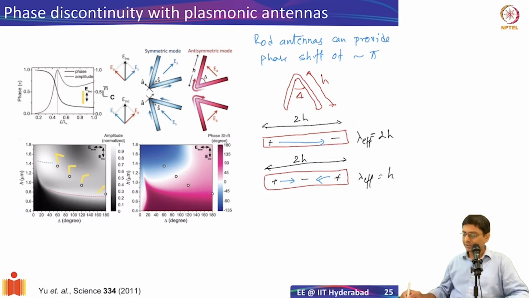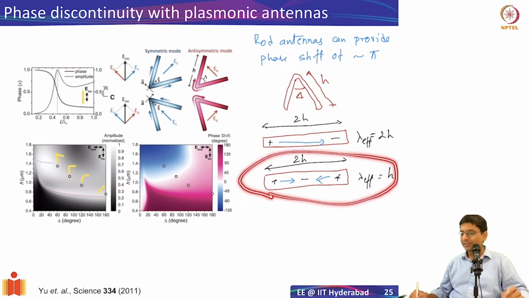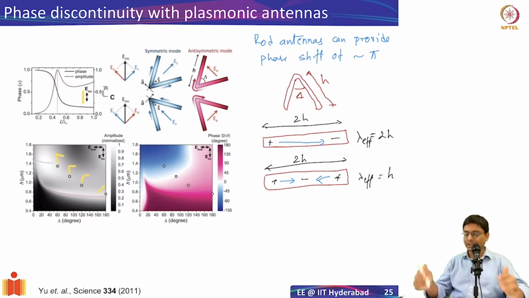And we already saw that the symmetric mode will be like this, right? This is a symmetric mode, because if I bend this particular antenna at the bottom here, both arms have the currents in the same direction and you have the hotspots. So this is a symmetric mode. And you can also have one more case, wherein if your electric field is perpendicular to this, the anti-symmetric component of the electric field can excite the anti-symmetric mode, wherein you have the current going from this to this, the entire thing.